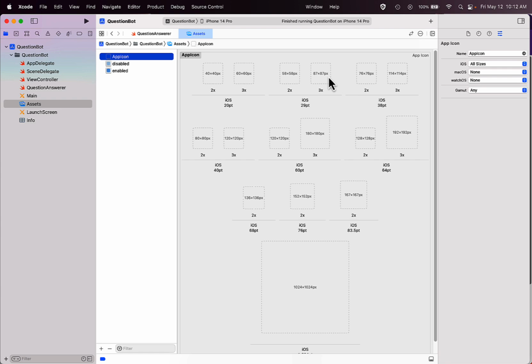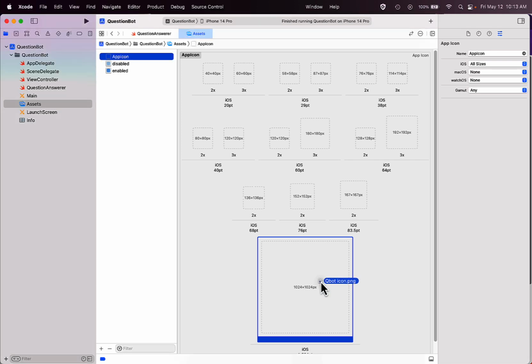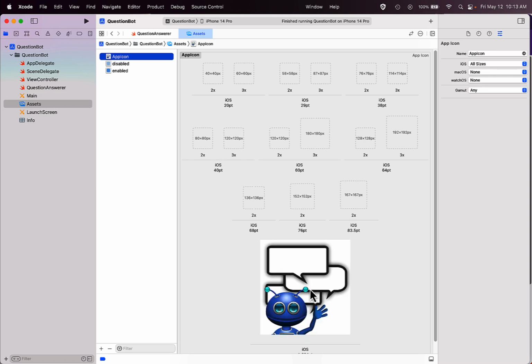that represent all the places that your app icon might show up, whether that's in the App Store, if it is in settings menus, or all sorts of different places on a device, right? And all those different sizes that are available. And so if you grabbed your app icon that you made, maybe in Keynote, or that you found an image from somewhere, or maybe you created it from the shapes library in Keynote, and you try to drag that in here to the 1024 by 1024 area, and then you maybe built your app in the simulator,